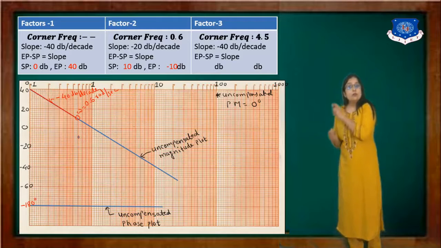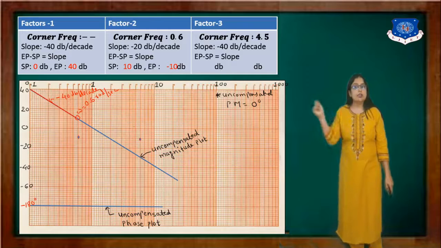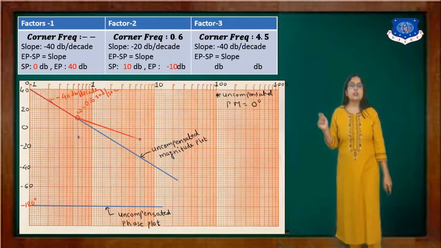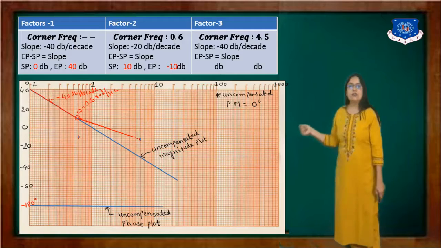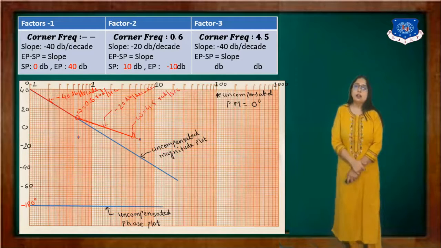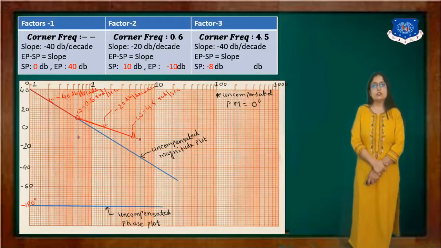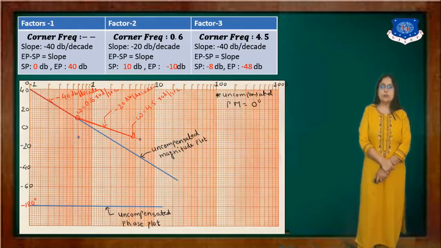See that point? Now from this point, you have to shift 10 lines like this. 10 lines, decade, 0.6 to 6. And you have to draw this line till the next corner frequency. So in my case, see the next corner frequency is what? It's 4.5. So we will draw this line till 4.5. Then again you take the starting point, that is what? Minus 8 dB. Then use the same equation. So you will get your end point, that equals minus 48 dB. So you just mark this point, that is 48.